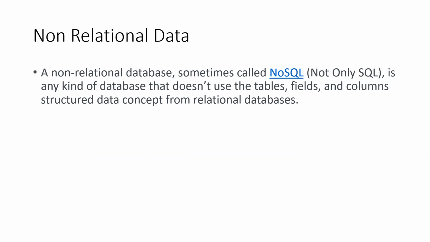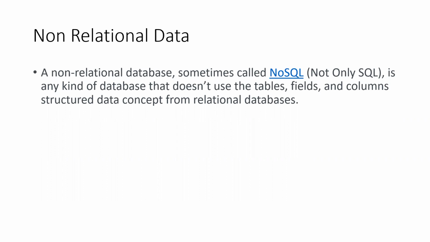So based on how fast it is in nature, or based on what particular analytics we will be doing in the going forward sessions. If we are doing lots of analysis, then we will choose SQL, that is a relational database. But if we just want very fast retrieval of data without any analytics, then we should choose non-relational databases. We should not have any tables, fields, or columns, just like the structured data concept. We should only have key value pairs and store the data in this manner.